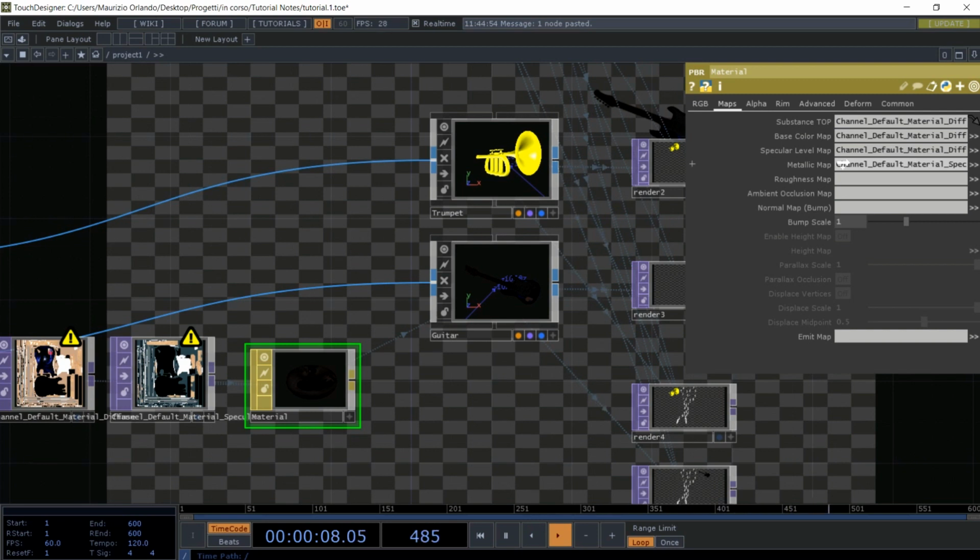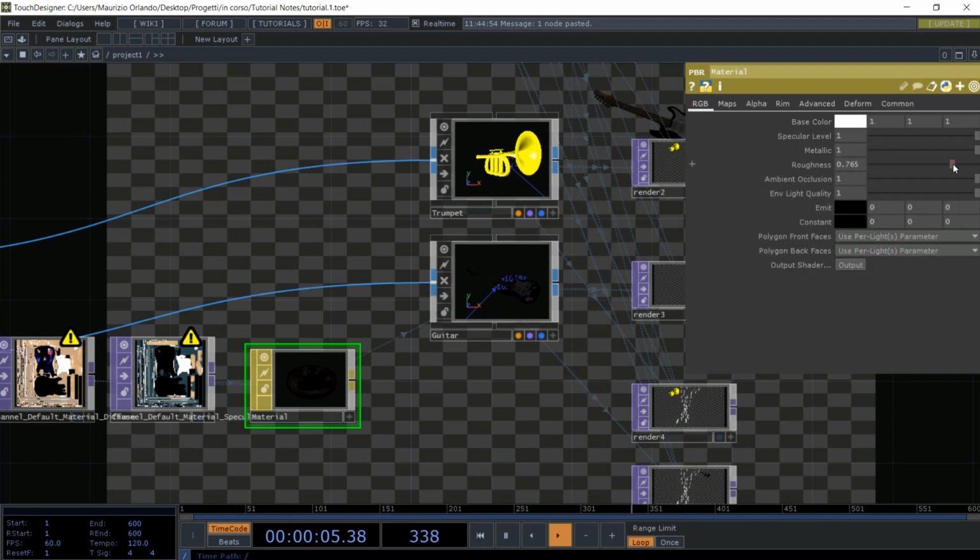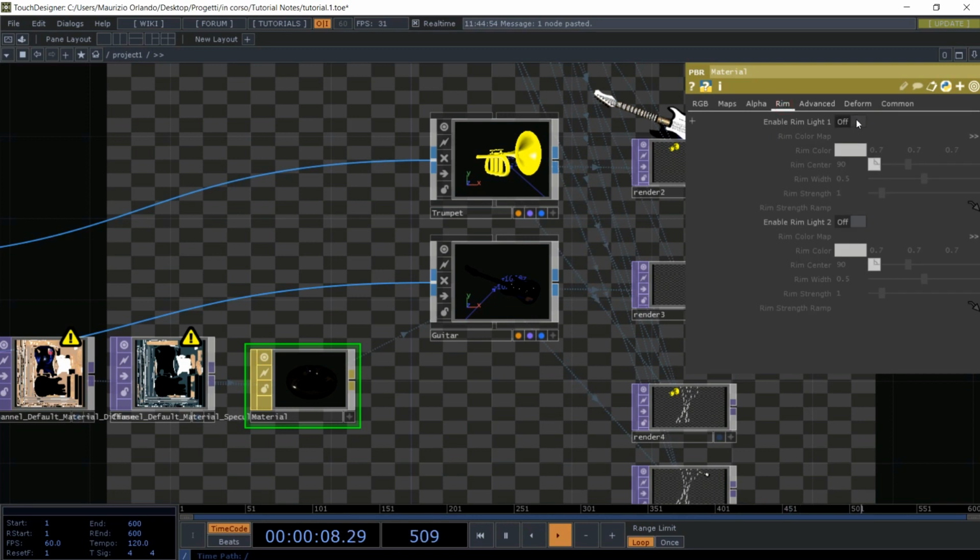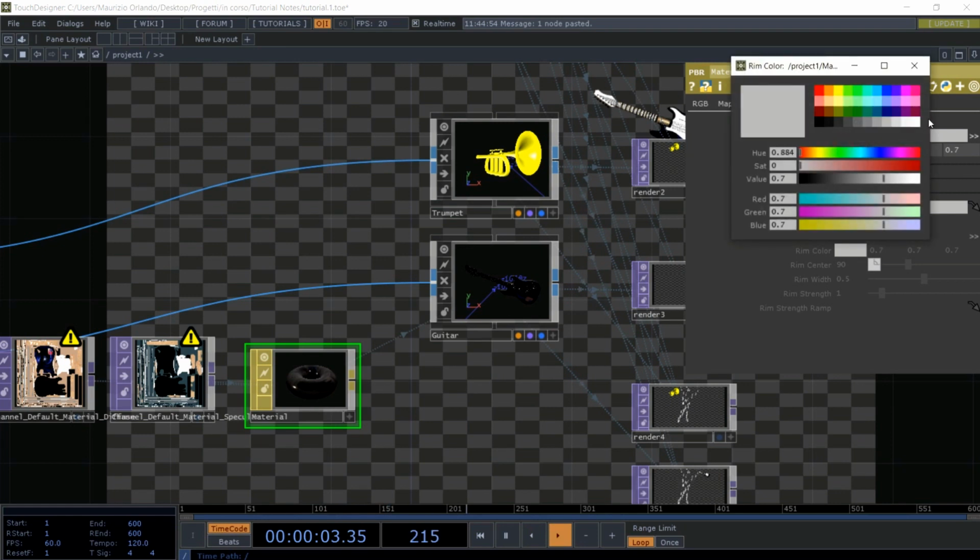Still doesn't change that much, but we have to now play a little bit with the roughness here, and now something will change. So with this value I can see more of the materials that I applied, and in particular I want a roughness of 0.229, and then also here I will add the rim. I want the rim to be a white color,